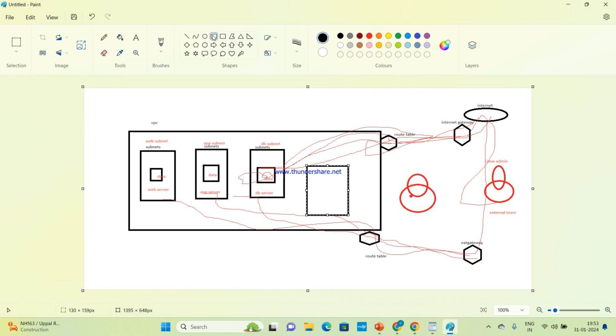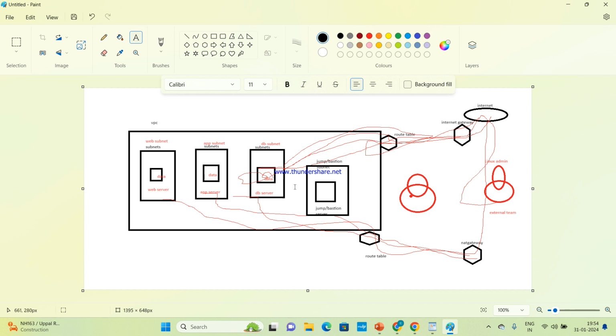Jump server or bastion server, and this server will be empty. There will be no data in it. This is the jump or bastion subnet, a jump or bastion server.